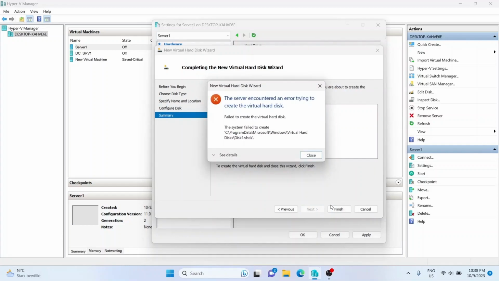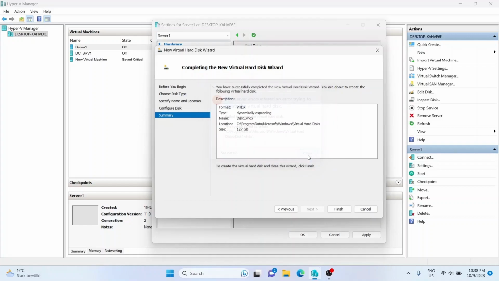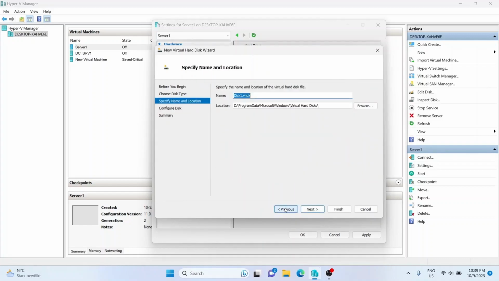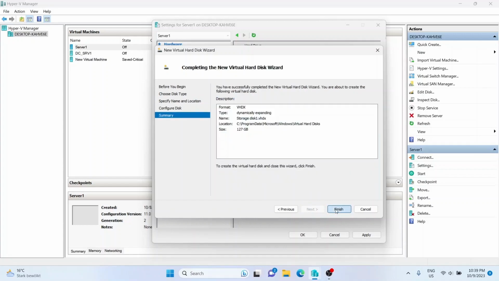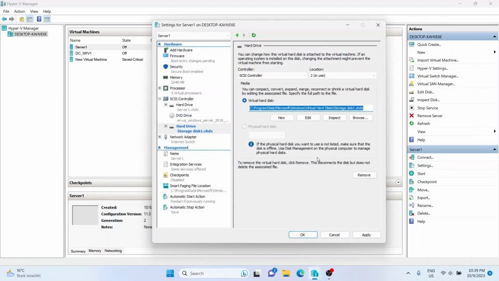Okay, I get an error here. I know what the error is because I have created disk 1 earlier. So I need to give a different name. So let's change the name. I'm going to change the name to storage disk 1, and let's click next. It has 127 gigs of space, so I'm going to add another disk,